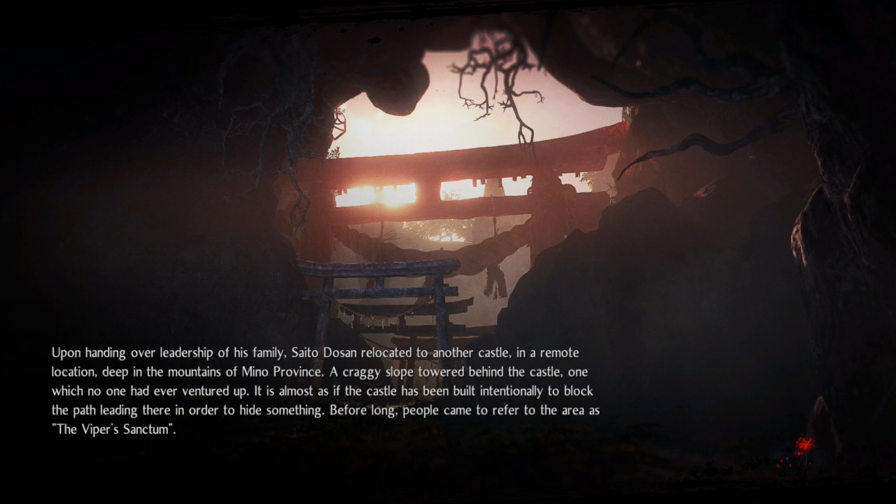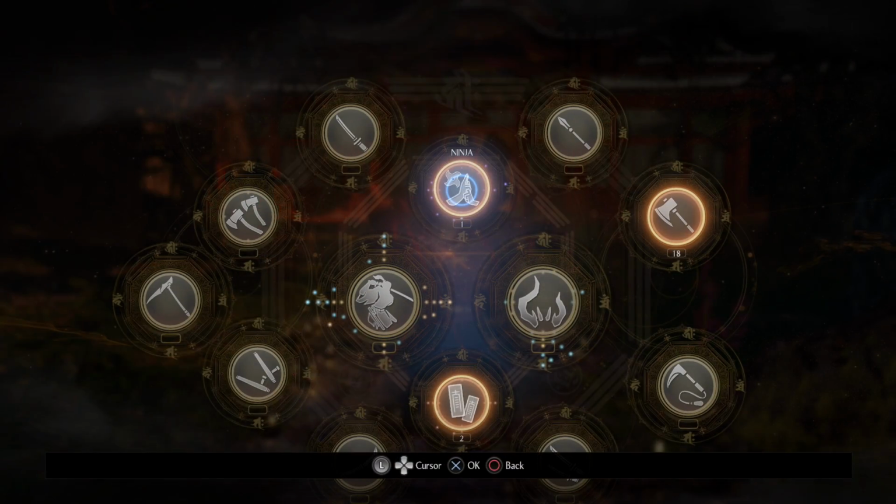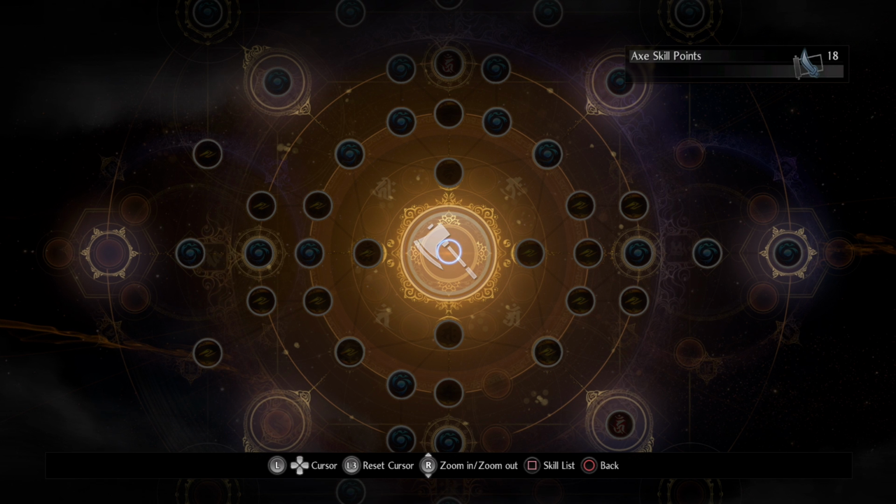So we'll do this. Actually, this is going to be terrible. I just lost my axe skills. I can pick them back up before this starts, I think, as long as the fight doesn't begin. All right. So thinking about axe, and whatever weapon you want to do, you want to look at